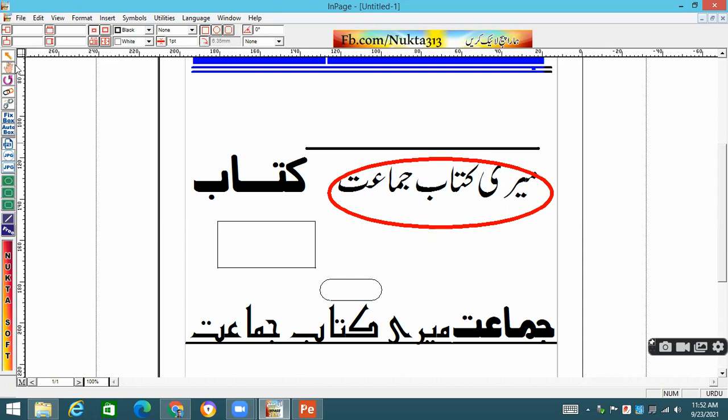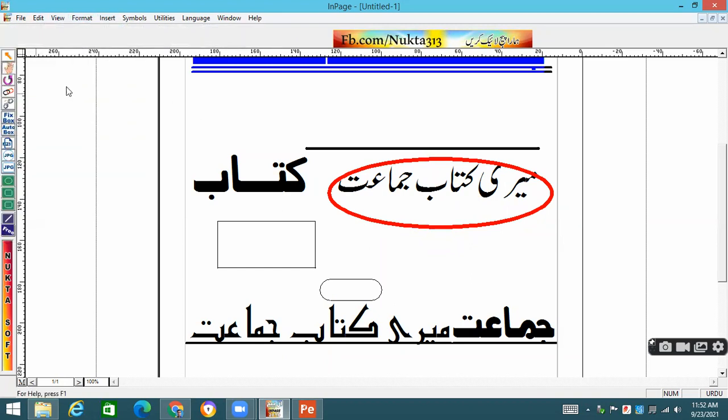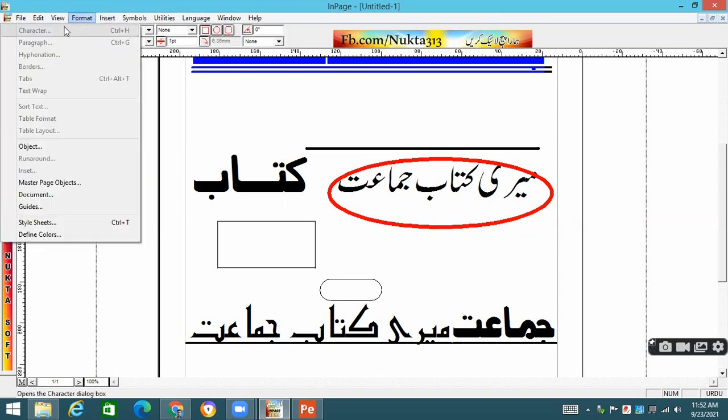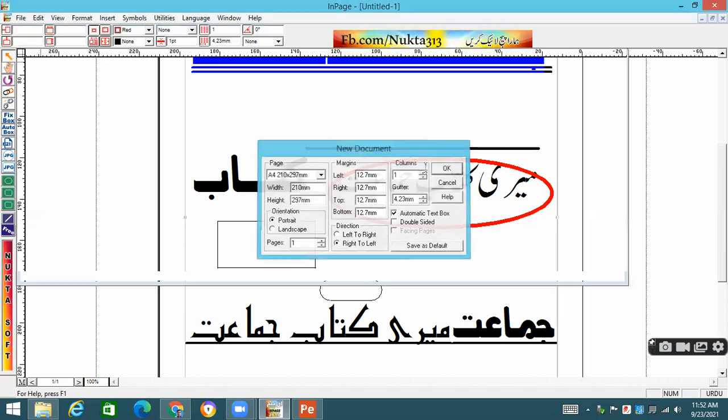So how can we insert the image? Just a minute. No text should be selected. Let me take a new file.